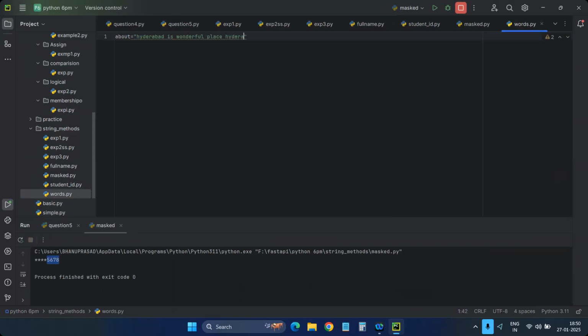Hyderabad is good. Hyderabad is some nice. I'm taking some random example, so just ignore the sentence formation. I just want to explain the concept. I'm taking Hyderabad, repeated Hyderabad words. Now count equal to